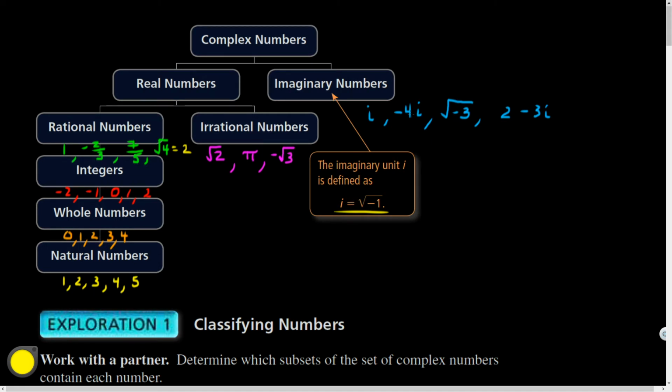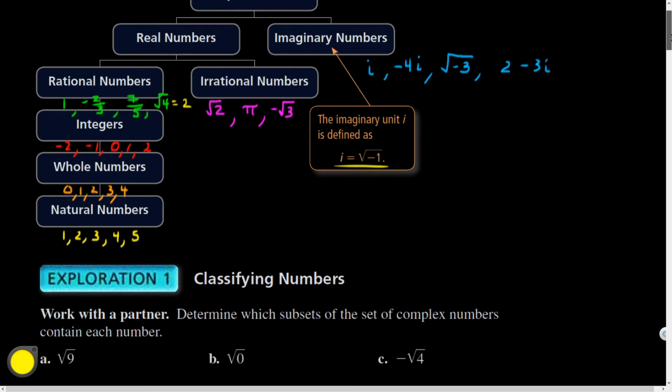And so other imaginary numbers are like -4i or the square root of -3, or you can even have combinations, which we typically refer to as the complex numbers, which can have a real part and an imaginary part, and this is all a single number. And so that kind of introduces us to this little branching hierarchy of numbers. It's also sometimes presented as a Venn diagram with a series of overlapping ovals. But there you go. That's the general idea.